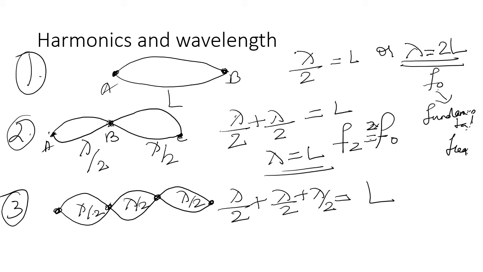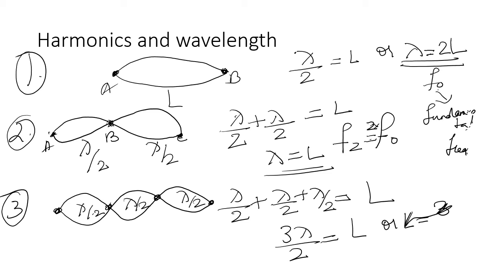We are just changing the frequency at which the wire is going to oscillate. So 3 lambda over 2 is equal to L,